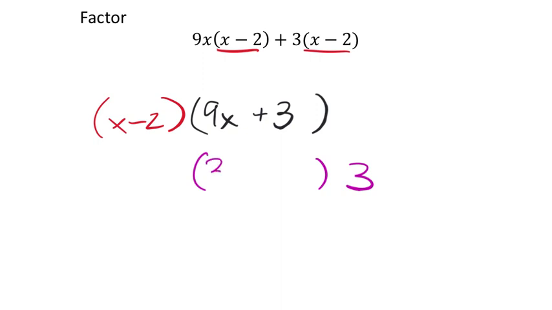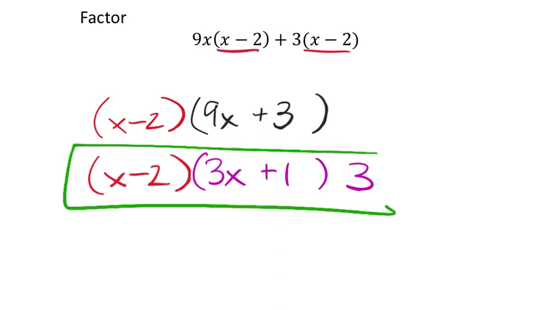Well, 9 divided by 3 is 3, so that's how many x's there are. 3 divided by 3 is 1, so we get 3x plus 1, and then I still have that x minus 2 binomial as well. So we end up with 3 factors in our final expression, but I know how to